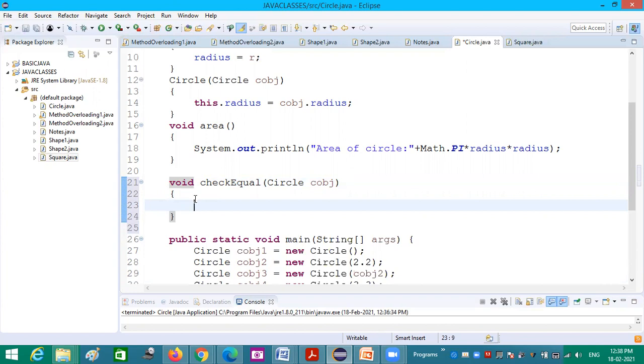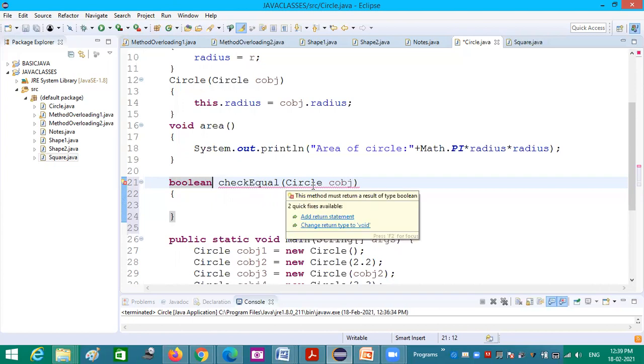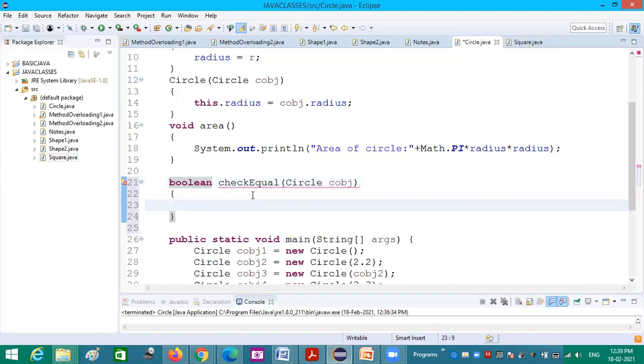Both can be done. Here, as the return type, I am making it boolean. Boolean checkEqual takes one Circle object, and it should compare both and return the value.